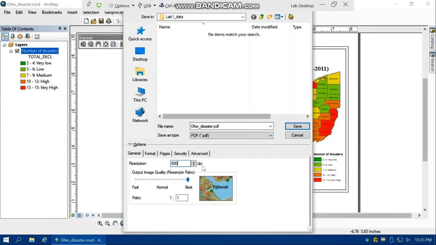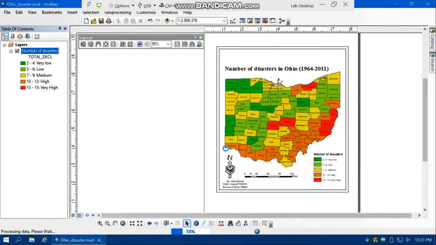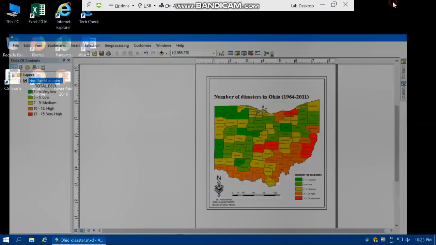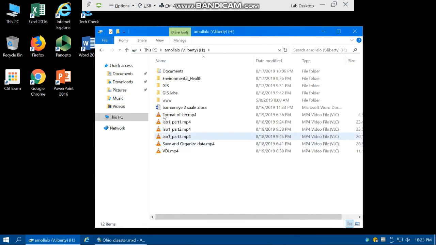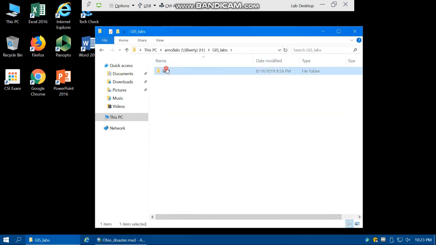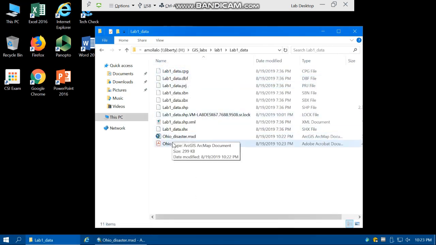The higher value shows the higher quality, and also the larger volume, and then hit save. So in the lab 1 folder I can see that it creates a PDF file.